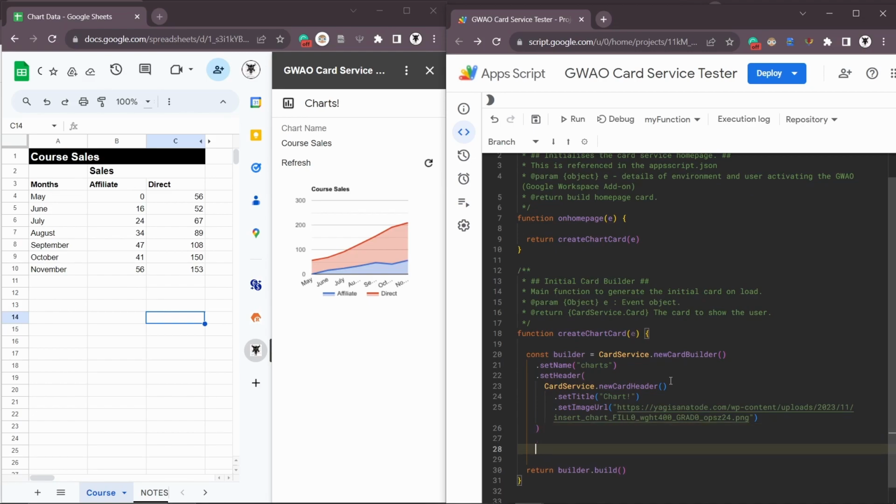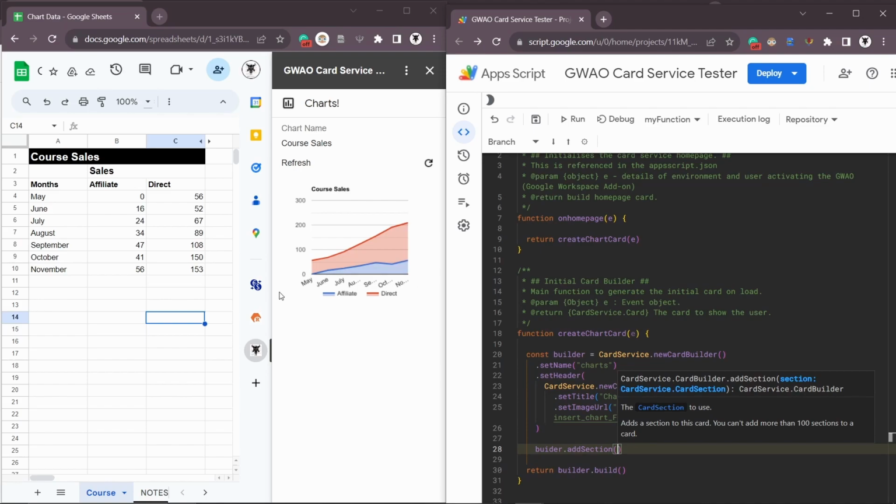But we're going to put ours in here for now. Okay, so we might add more sections down the track. So good housekeeping wise, we might just call builder again outside this initial build and just add section here. And what section we're going to be, so remember the sections are the components of the chart. So this area could be a section, then we could have another section of widgets below, another section of widgets below that. And we just want one section for the time being,